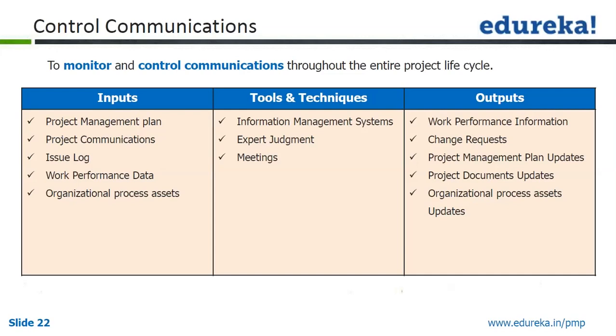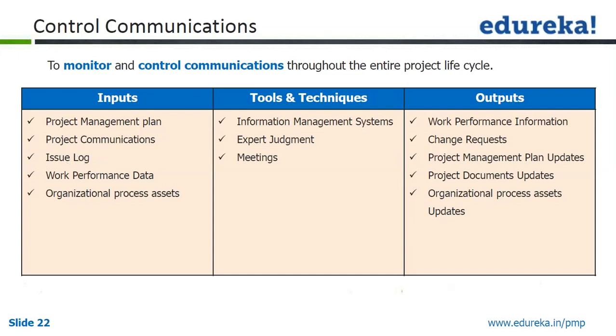So let's say some stakeholder is not included due to some mistake or misunderstanding, you may get a change request and you may start sending him the project communication or project report as a part of that change request, which again goes to perform integrated change control as usual, and so on. As a part of control communication, we get project management plan updates, project document updates, and organizational process asset updates. So if you have an issue log,